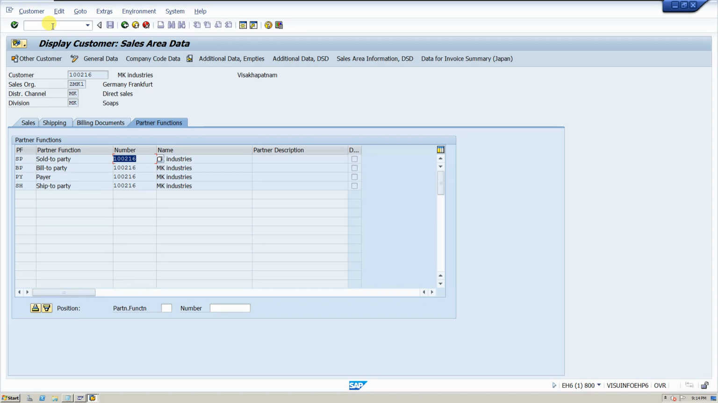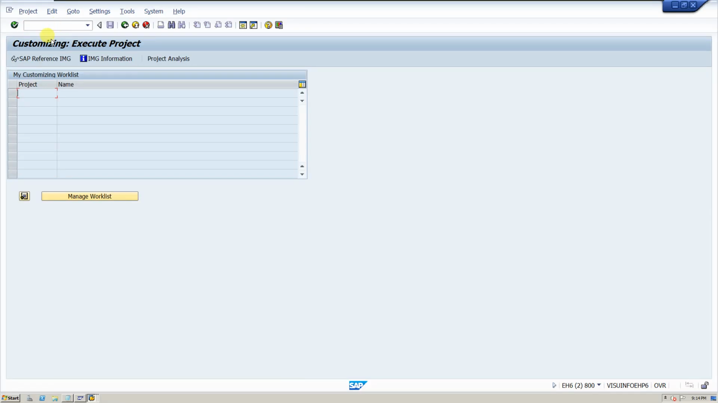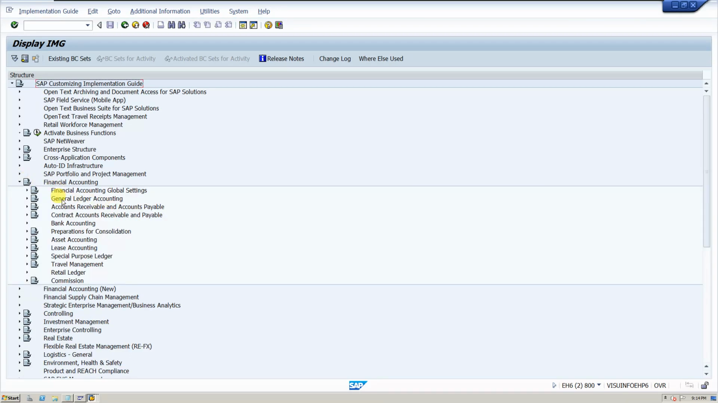Okay, so next, just wait. If you see this symbol, create a new session. I'm doing it here. Just click this one, then you will have the new screen here. Now go to SPRO, click enter, and SAP Reference IMG, and here Financial Accounting, and Accounts Receivable and Payable,